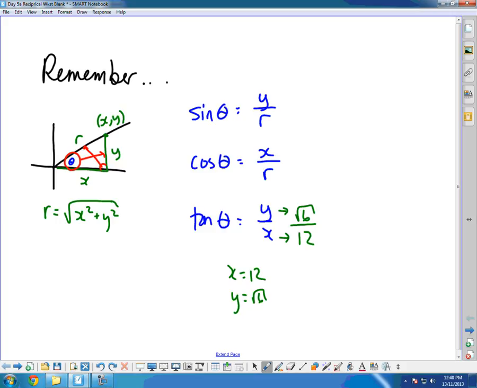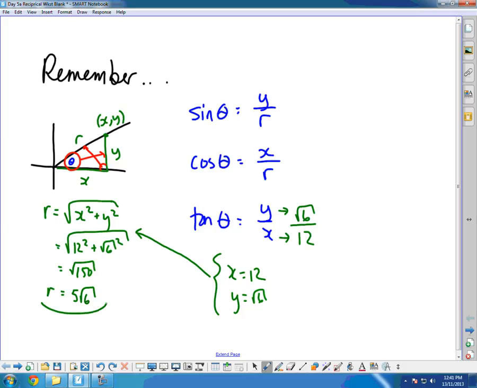Go off and use the r formula to get r. So that's 12 squared plus root 6 squared. Already got that was 150, or 5 root 6. Same math. But you see how I've got all the values without even drawing a picture. There's the r value, there's the x value, there's the y value. So if I wanted to find the cosecant, I can think about sine and just plug in the numbers. Sine is y over r, so it's root 6 over 5 root 6,